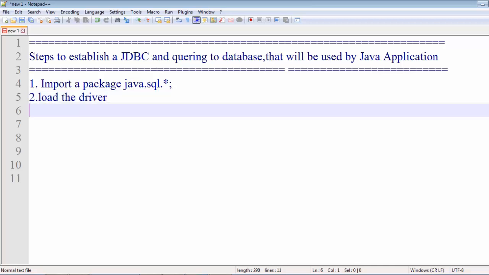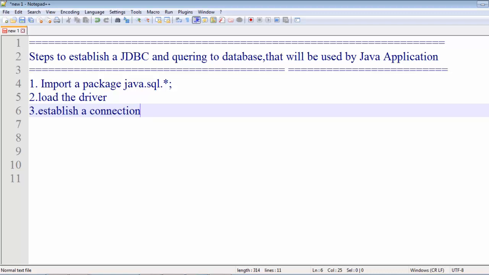The third and important step is to establish a connection. A link has to be established between the application program and the underlying database. This will be done with the help of an object of a class.